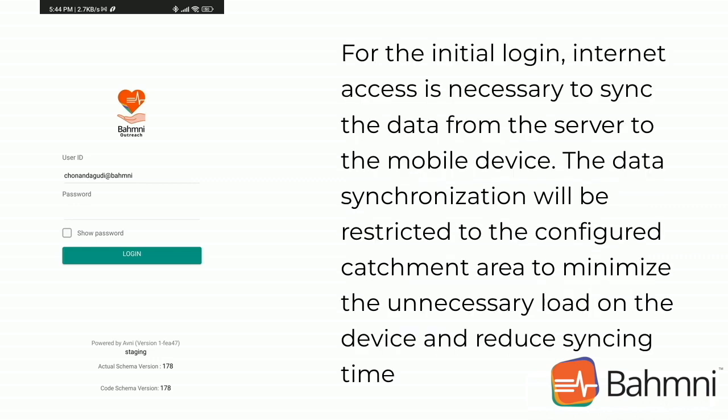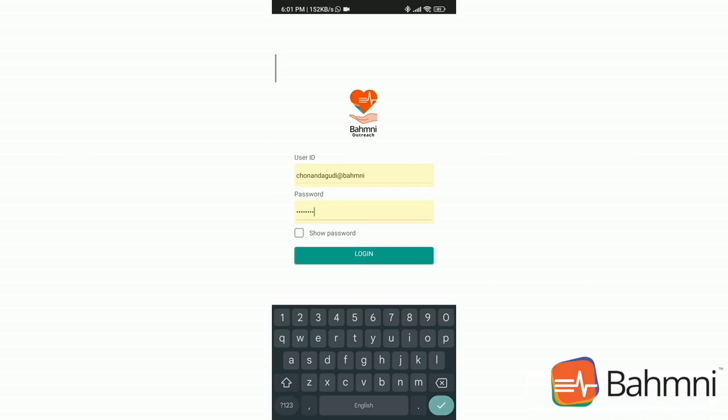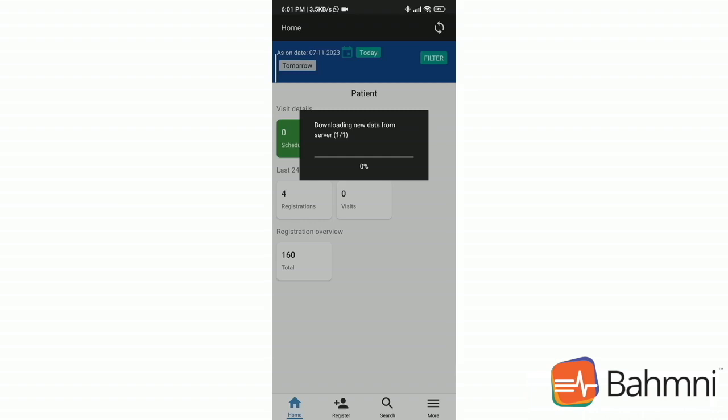For the initial login, internet access is necessary to sync the data from the server to the mobile device. The data synchronization will be restricted to the configured catchment area to minimize the unnecessary load on the device and reduce syncing time. I am entering the username and password and then clicking on Login. During the first-time login, the data for the logged-in user's catchment will be synced from the server to the mobile